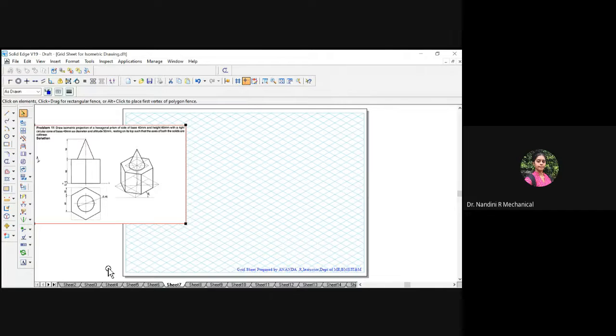So the given hexagonal prism should be covered within a square. You will enclose this within a square and then measure exactly what the distance is. Based on it, you will construct a square. So within the square, you have to complete the sides of the hexagonal surface, right?